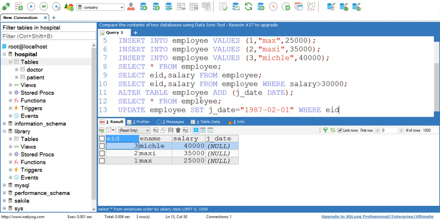So I want to set this joining date for employee ID 1. So I have written where employee ID equals to 1.